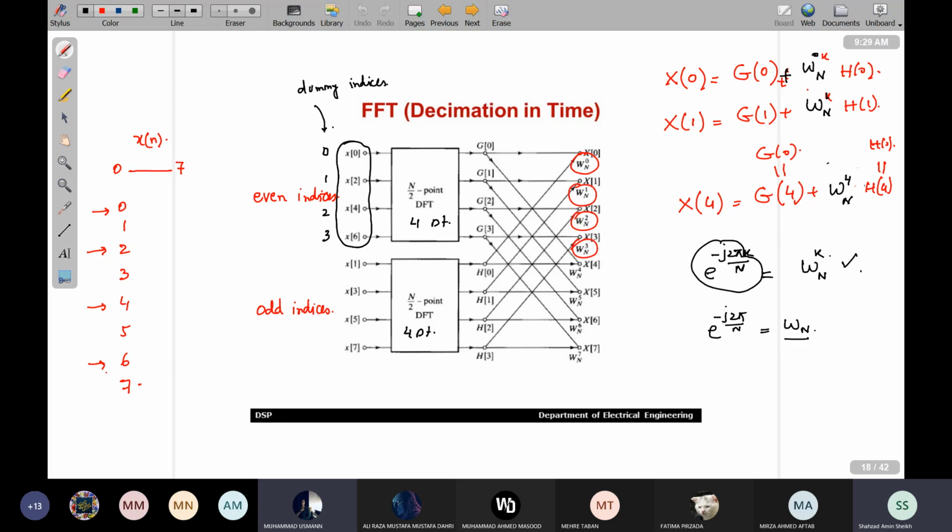एक मिनट उस्मान, जरूरी नहीं है कि इवन वाले ऊपर लिखें या ऑड वाले नीचे लिखें। अब आप इवन भी नीचे लिख दें और ऑड ऊपर लिख दें, बट इंपॉर्टेंट थिंग इज कि इवन अलहदा किया है और ऑड अलहदा किया है, और ये डेसिमेशन इन टाइम है, तो जो स्मॉल x वाले जो सैंपल्स हैं टाइम डोमेन वाले, उनको हम स्प्लिट कर रहे हैं। ठीक है, आगे चलें. गुड, शाबाश।